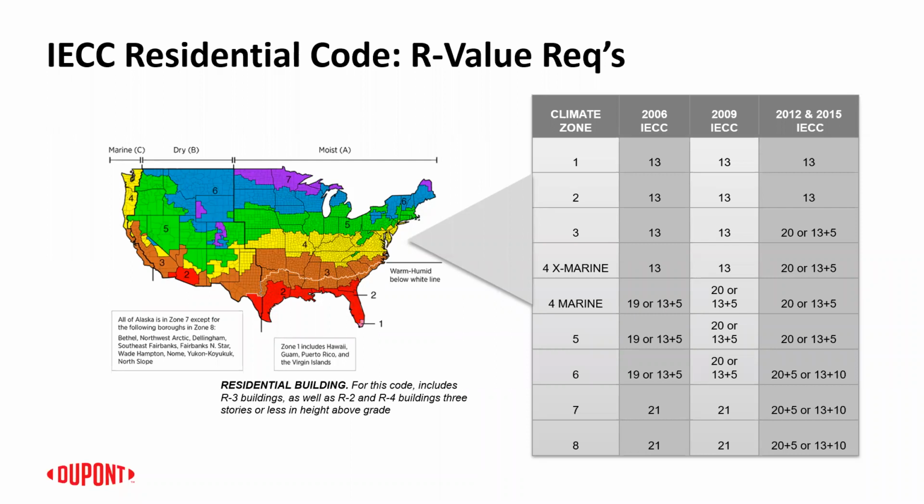And to be able to reach goals set forth to make residential buildings more energy efficient, new code iterations tend to have increasing minimum R value requirements. And there's greater adoption of the use of CI to achieve this. So you can see here on this prescriptive R value table, for example, back in 2006 with the Energy Conservation Code in Climate Zone 3,